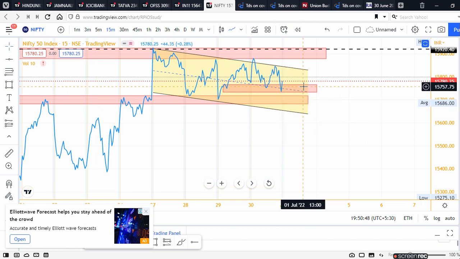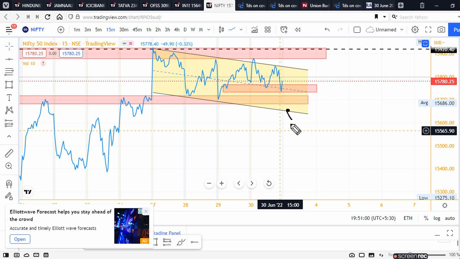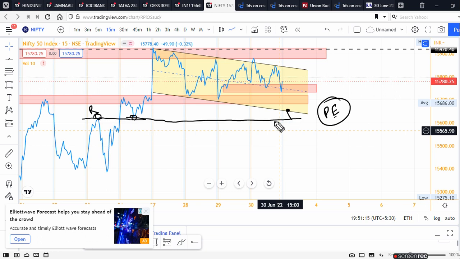Now what if market opens flat? Let us discuss another scenario as well. If market opens gap down, somewhere over here, and breaks this channel to the downside, don't sit into a PE immediately. Why I am saying this is, kindly see this level. This level was working as a resistance. Again, this level was working as a support. We will wait for the market to break below this level.